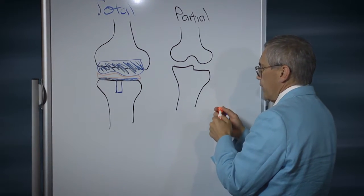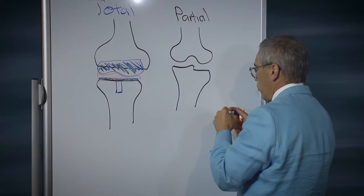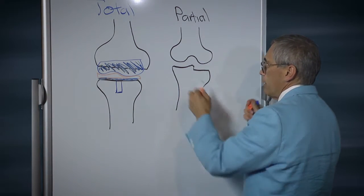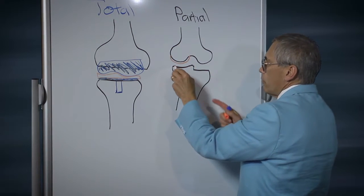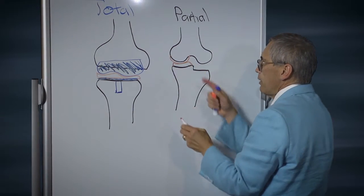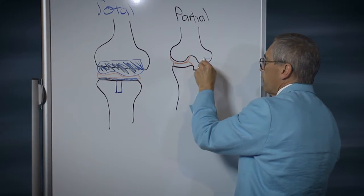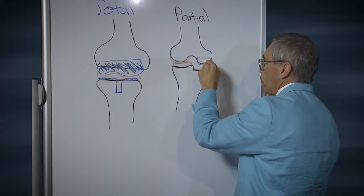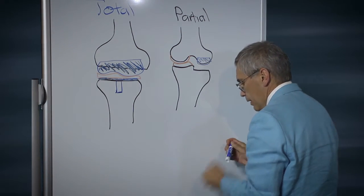Only certain people can have a partial knee replacement, but if your arthritis is limited to one side of your knee, not the other side, and you've got good cartilage on the other side of the knee, nothing need be done to this side of the knee. Then only this side of the knee is replaced with a metal cap only on one side of the knee as opposed to both sides of the knee,